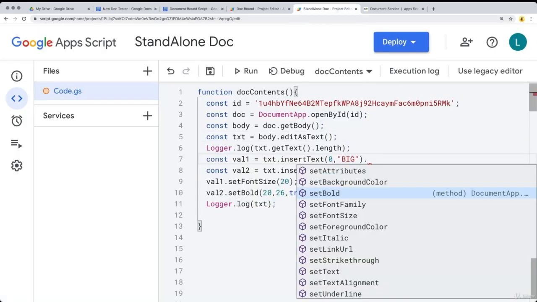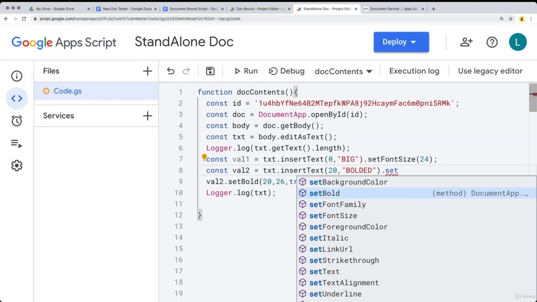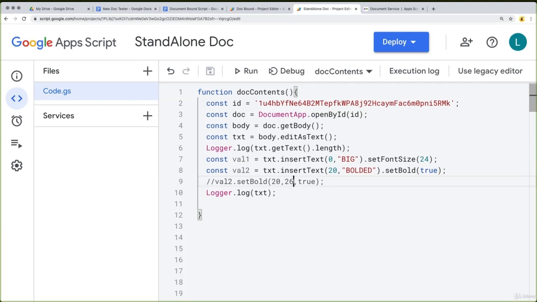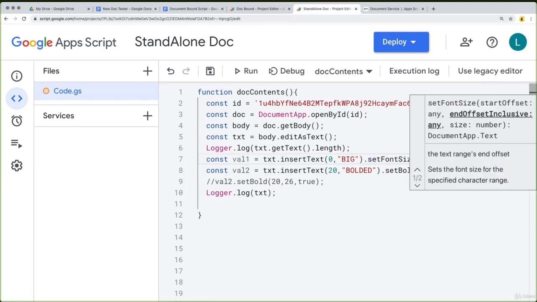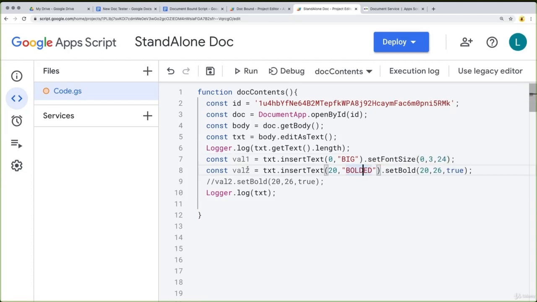And you can also chain together. So if we want to set the font size to 24 of the value that's been inserted, and then also set bold and set that to a Boolean value of true. And we need to also still keep the start and the offsets in order to apply it to the particular property. And this one is going to be at 0 and 3. So that's going to be where we're setting the font size. And we don't have to return them back,